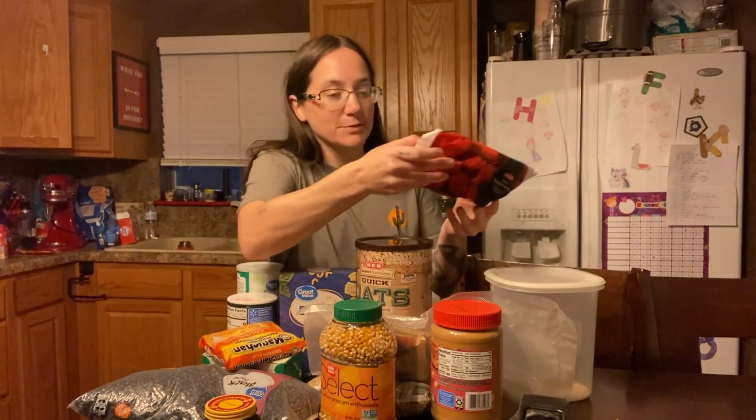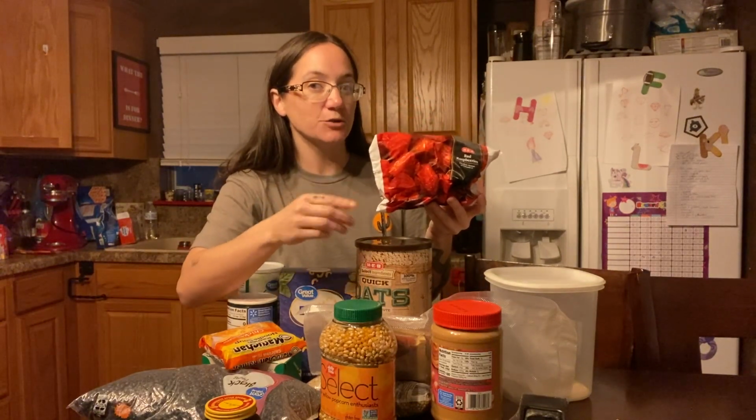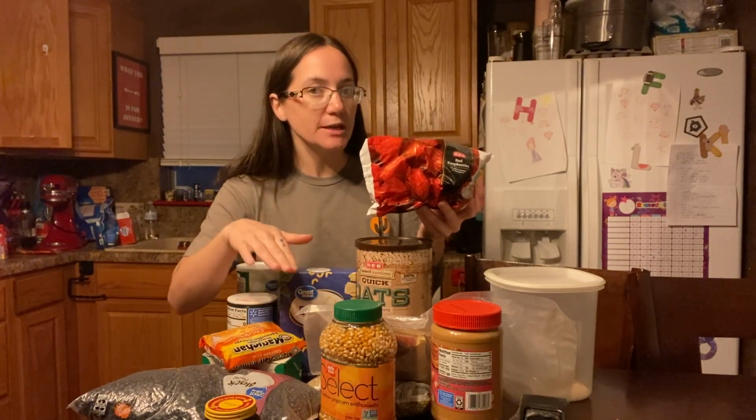Hi everyone, Morgan here, and I have a list of the cheapest survival foods that you can get right now. Let's take a look. The first one, because I want to put this back in my freezer, is going to be frozen foods. You can get frozen fruits and vegetables way cheaper, even frozen meats, super cheap as opposed to